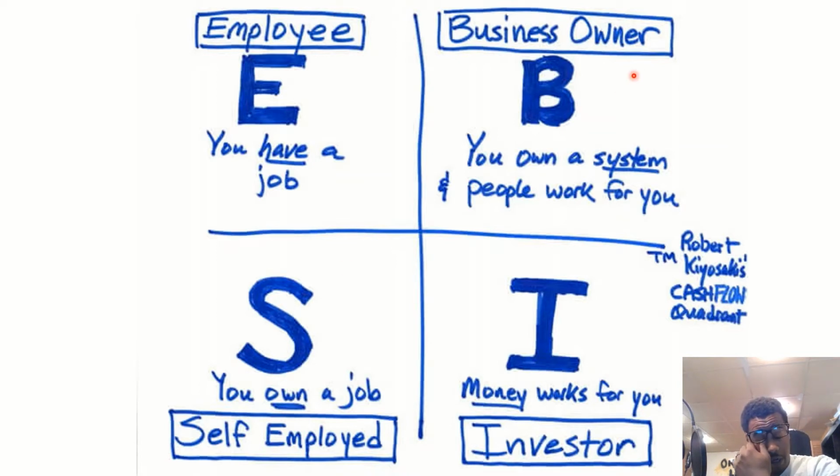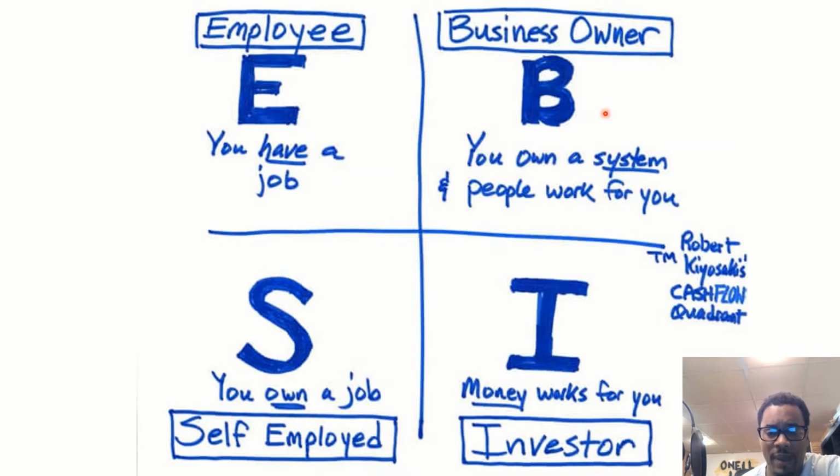All right, now we have the business owner. So this is where I was speaking before, the easiest way to become a business owner. Now, I know when I was growing up, I'm like, oh man, I don't have thousands and thousands of dollars to start my own business. But I always wanted to be in business for myself. So that's where I fell in love with network marketing, and from there went on to creating businesses online. But as a business owner, this is where you either own a system or people work for you.